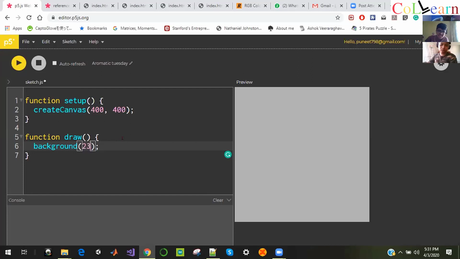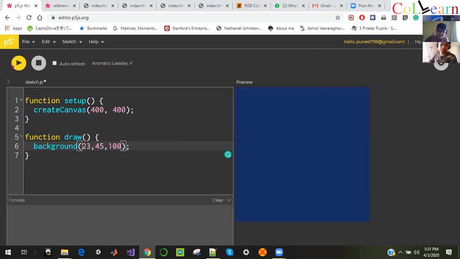So let's say first number be 23. If I'm audible, you just type there and I'll just speak. First number is 23, comma, 45, comma, 100. Some 3 random numbers, but all those 3 numbers should be in between 0 to 255. And run play. So please don't tell me the numbers, but tell me if the color is changing. Run means the play button, like the music player, you see that play button over there.